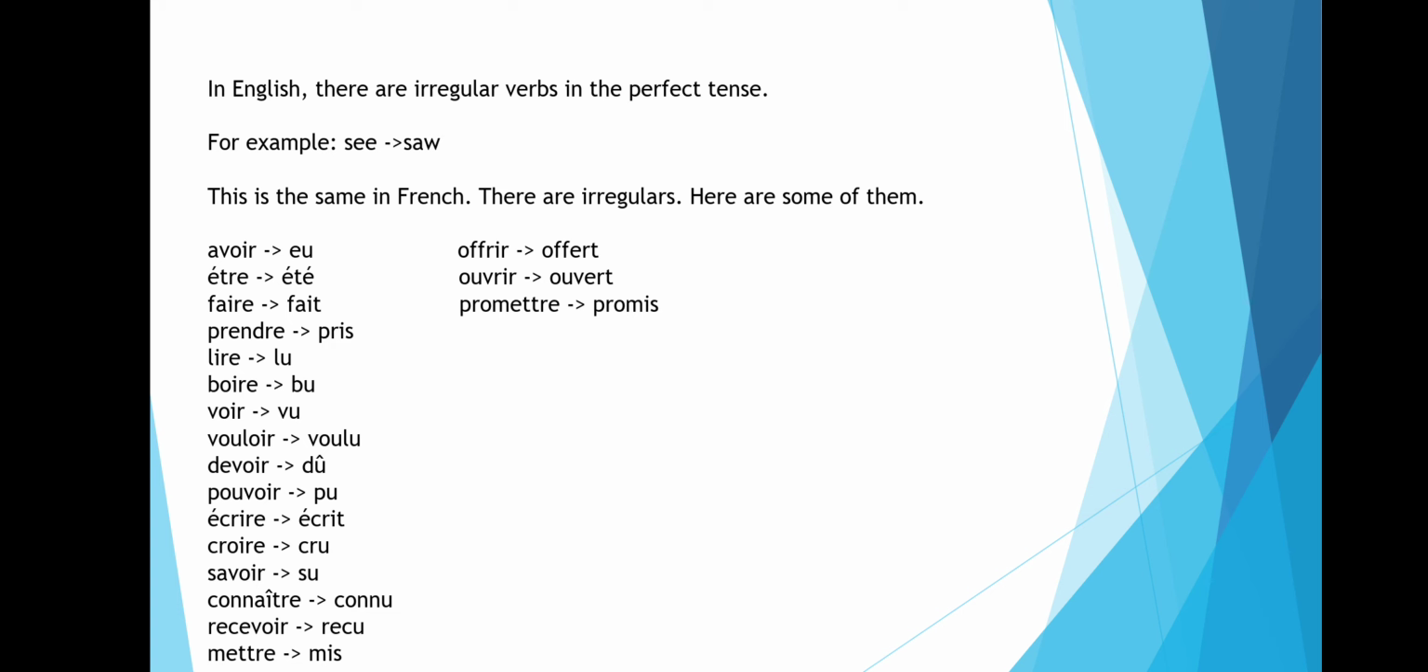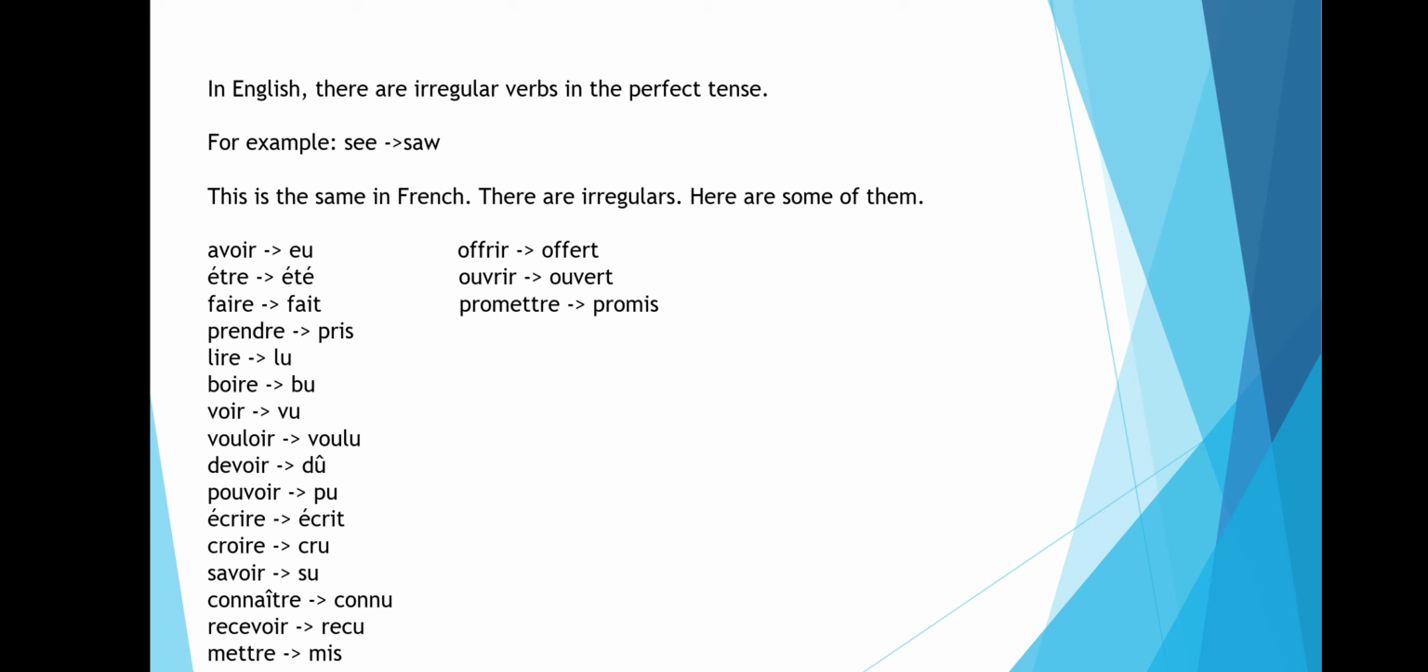In English, there are irregular verbs in the perfect tense, like see to saw. And this is the same in French. There are irregulars, and here are some of them. So avoir is